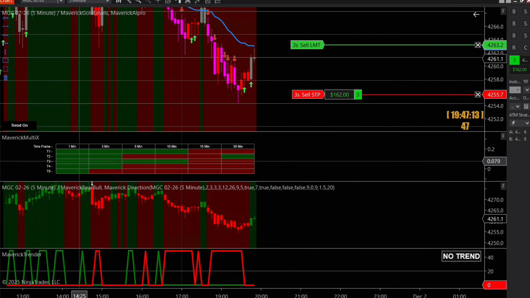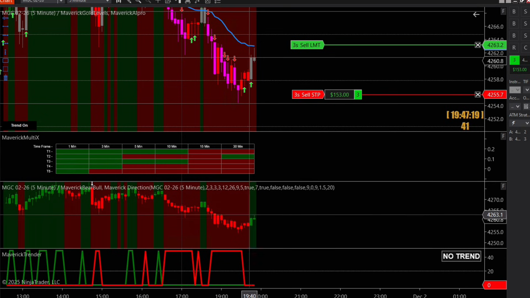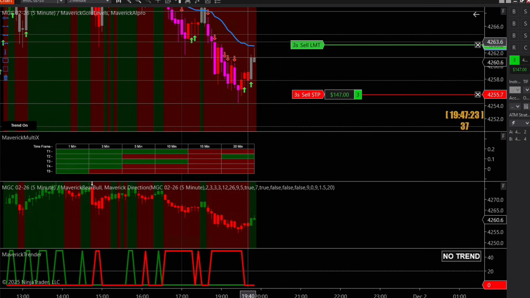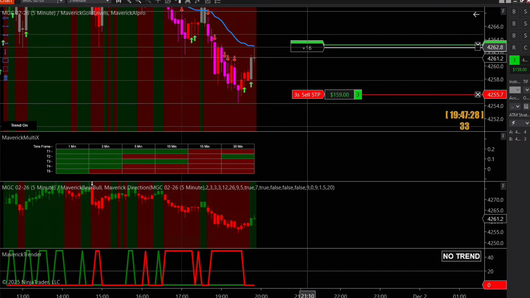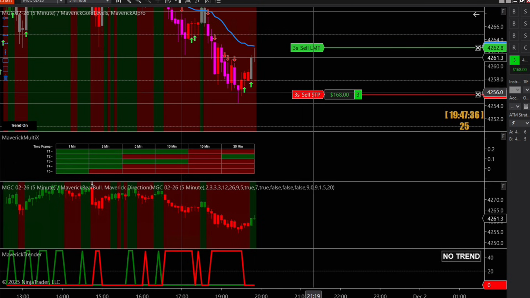So we're bullish on the 1 minute, almost all the 3 minutes, some of the 5 minute. Bulls are still in control right here on the Maverick Bear Bull. And we did test this Maverick guide, so I might have gotten greedy here, folks, because the Maverick guide is our line in the sand. And we're only in 3 micros,